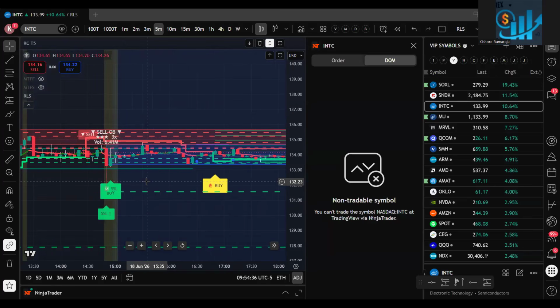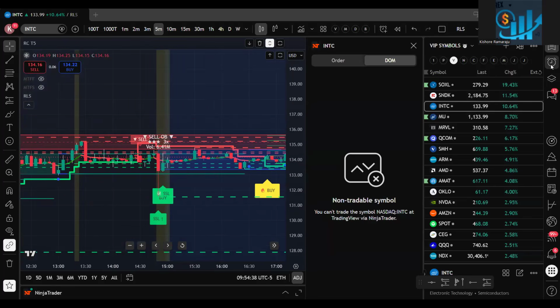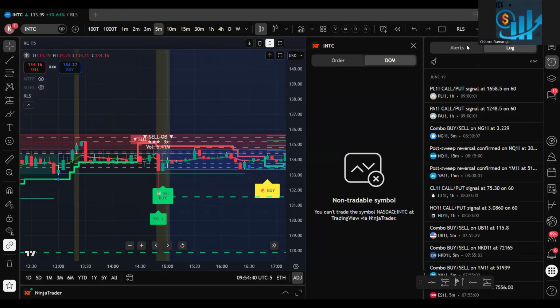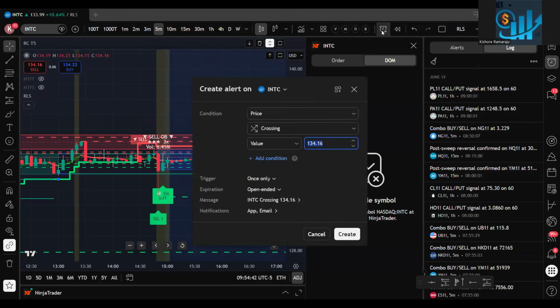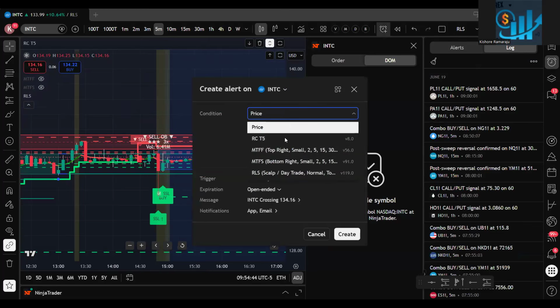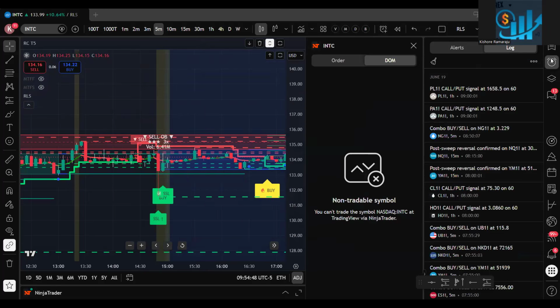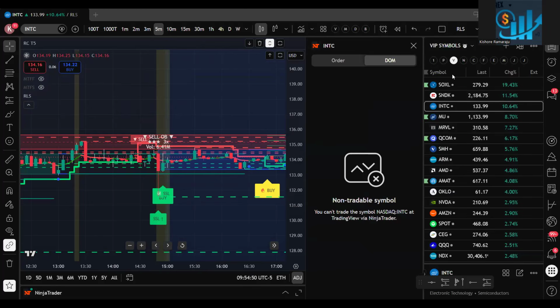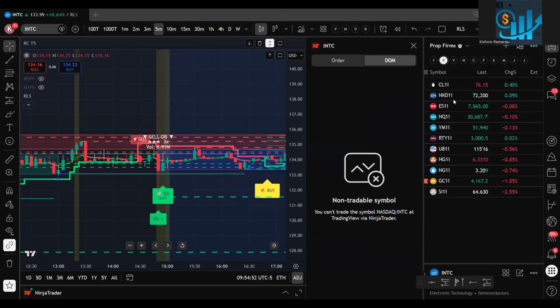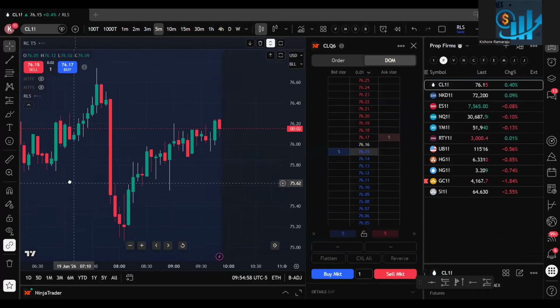Big companies are still buying this. So now, what type of alerts do we need to set? As I explained, one alert you can do. If you have a normal TradingView plan, you have to go one by one. You have to go to each ticker and set it. Right? You have to go to crude oil.